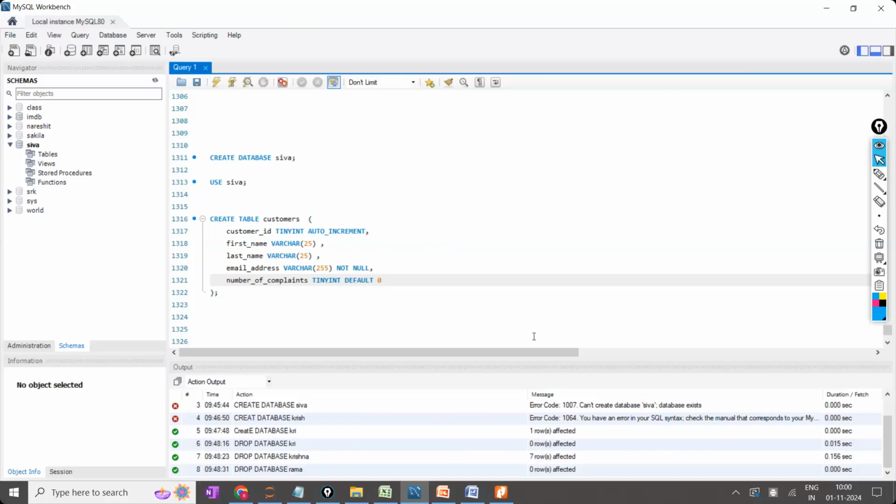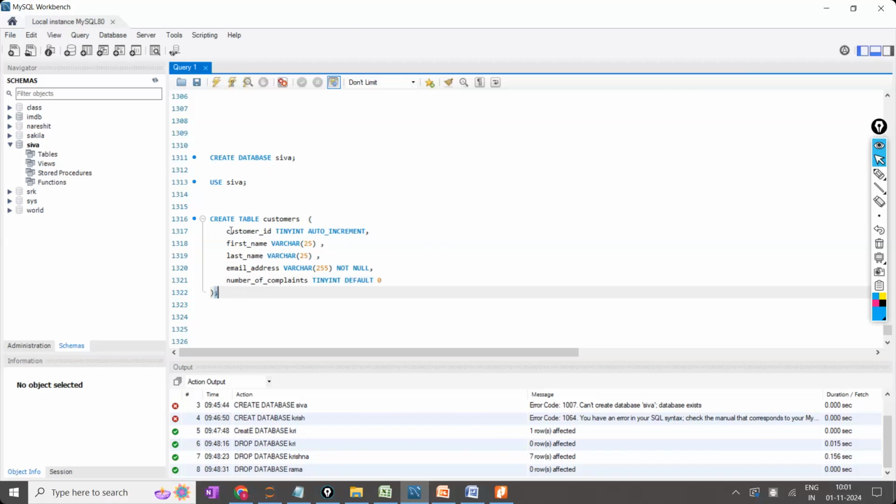Is this clear, everyone? Sir, why have you taken separate lines? Anything I told, okay? Finally, you have to close the bracket and use the semicolon. Then it is considered a single query only. Here, keep the cursor and click on this. This entire query will be executed because this semicolon indicates this single query. Is the point clear?